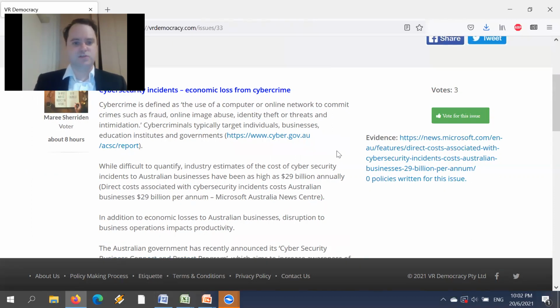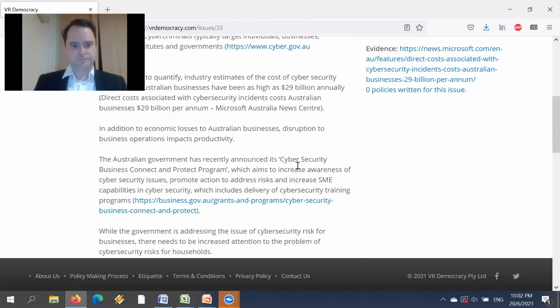And in fact, this issue here does talk about some references that the government have tried to address it with businesses. Is it enough though? Many people are still getting caught by these scams. And this important part here, we can see it's cost Australian businesses as high as $29 billion annually. So even with these mechanisms in place the government has with website information, perhaps there may be more we can do.